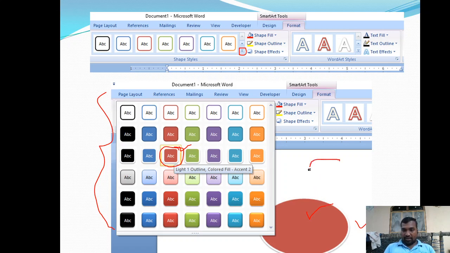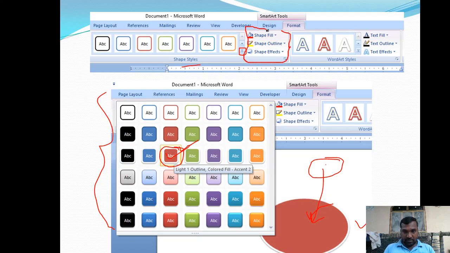If I want to change this oval with some different style, then go to this shape styles option, click on this more button and choose this particular shape style. Then this oval is converted like this. In this way you can perform different operations, right?